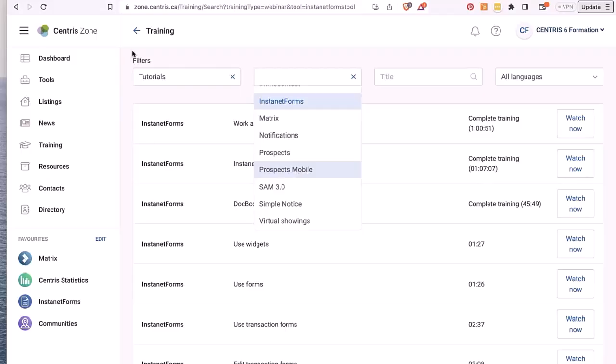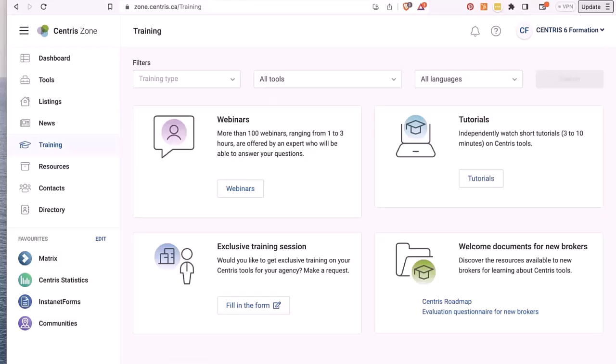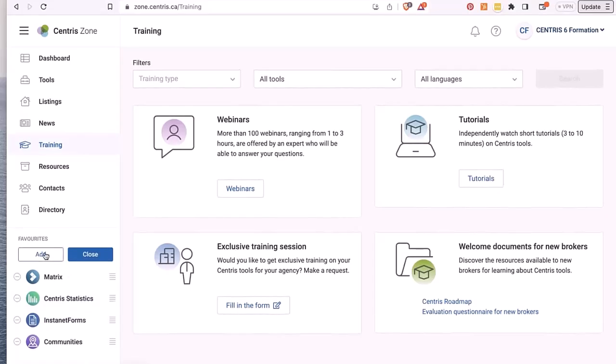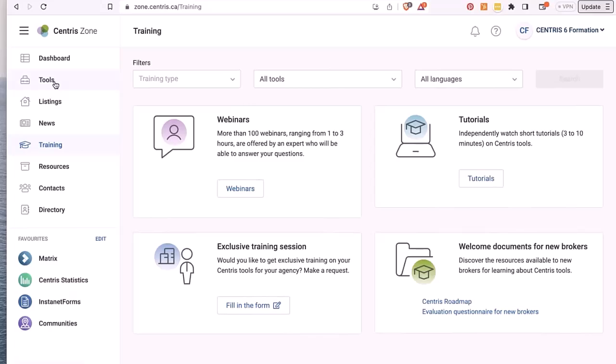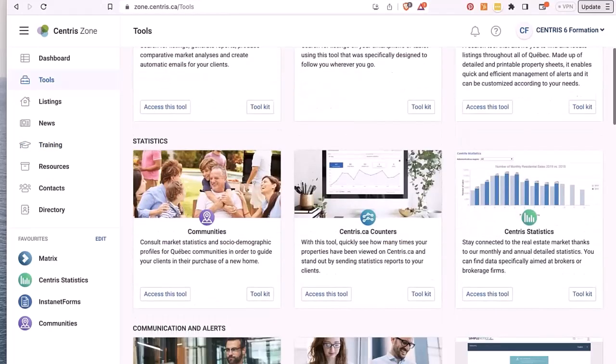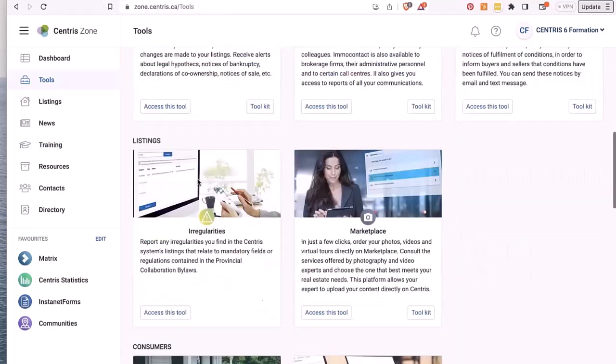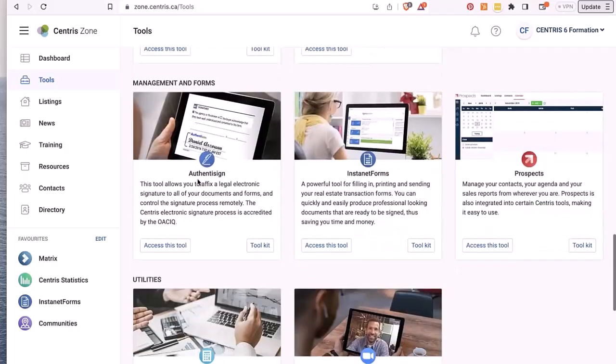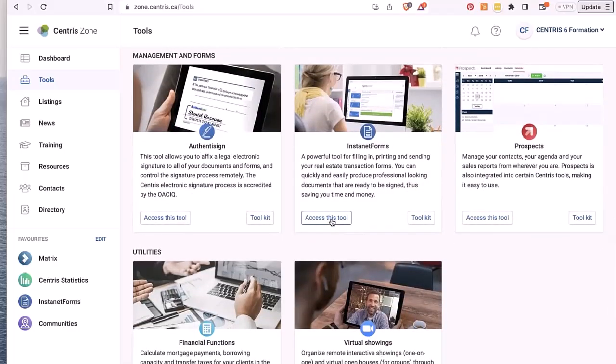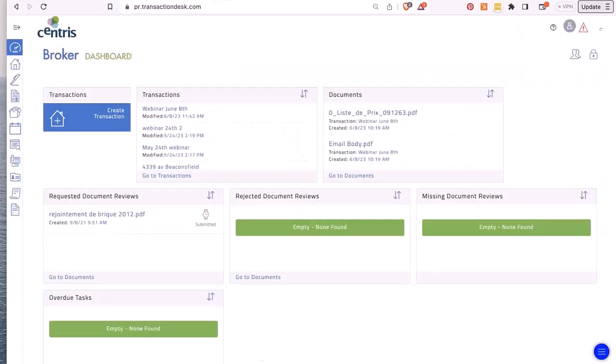So I'll access here the InstanetForms tool. So I have it in my favorites here on the left. If you don't, you can always edit and add InstanetForms, or if you're going through tools, you could scroll down to InstanetForms and access the tool, okay? So you'll be arriving on the